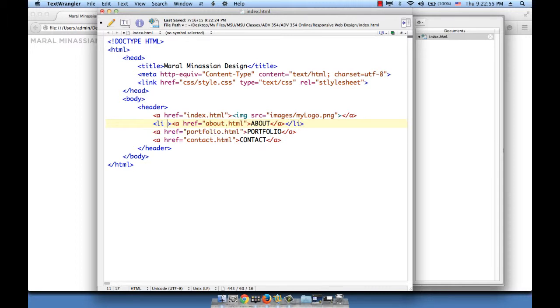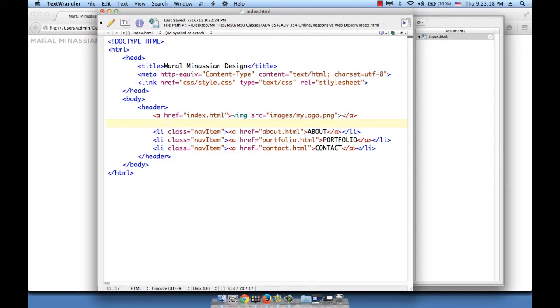Let's give the LI a class, nav item, and let's copy this so that we don't type 2 more times. Close the LI, and let's place them in a UL, okay, because that's what should be done. So open the UL element, close the UL element,